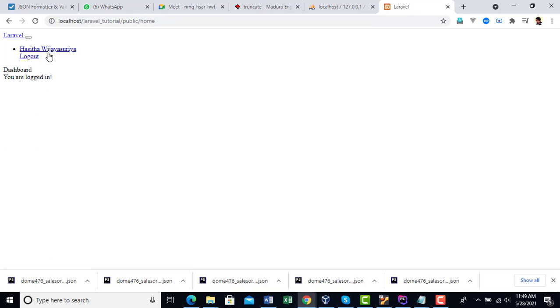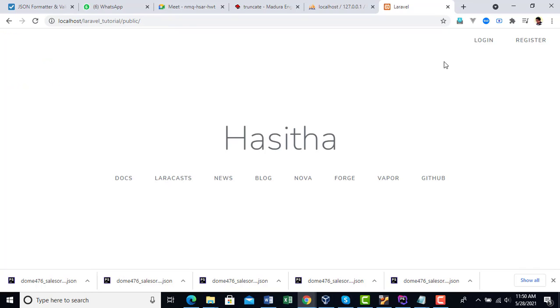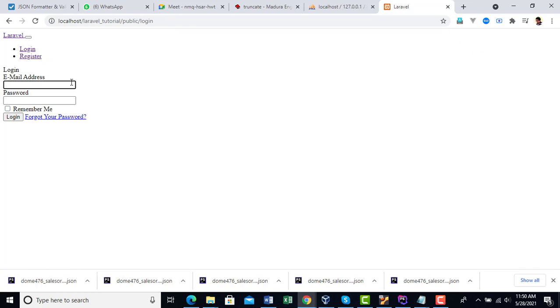Then this is the login. After login, this is the dashboard. In here I can select logout, and also login, and I can add my email and my password.